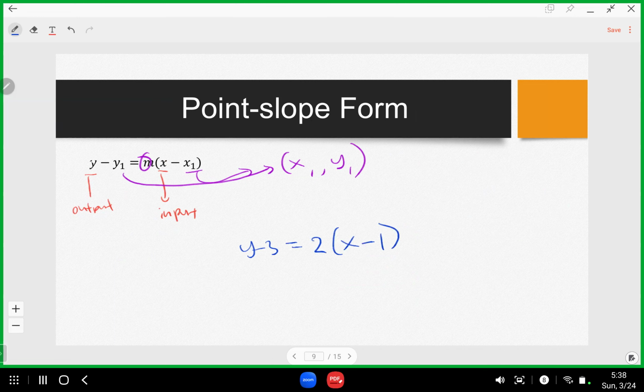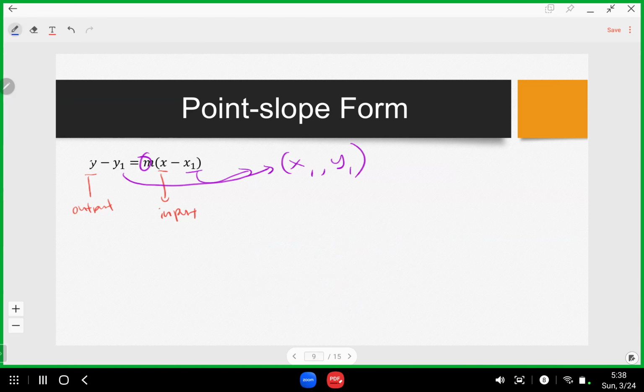How do you convert it to slope intercept form? All you need to do is solve the equation. Okay, it's just this. All right, and we get a very clean slope intercept form. We can graph this very efficiently. Okay,